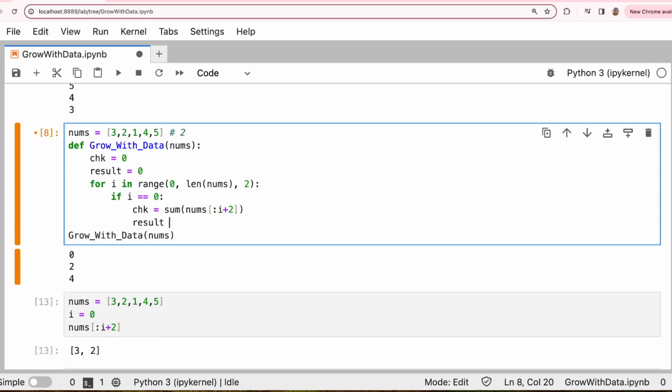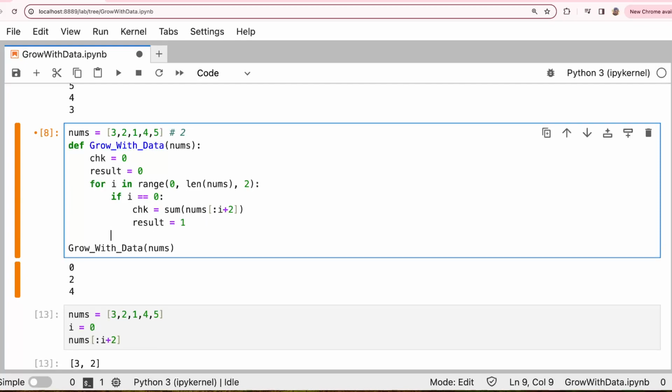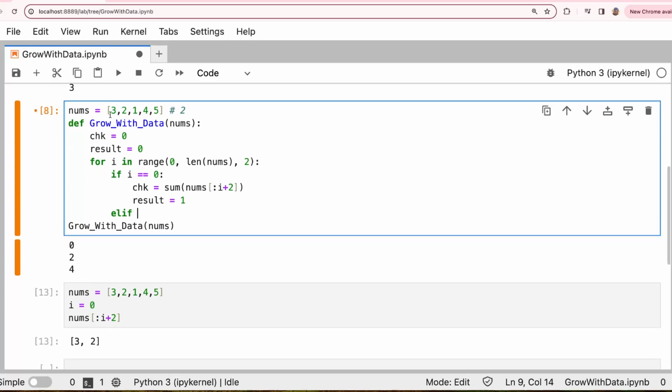And then we increment the result equal to 1. If that is not the case, if it's not the first set of elements, if the index is not first, if we go into the second one, then what will you do? Else if